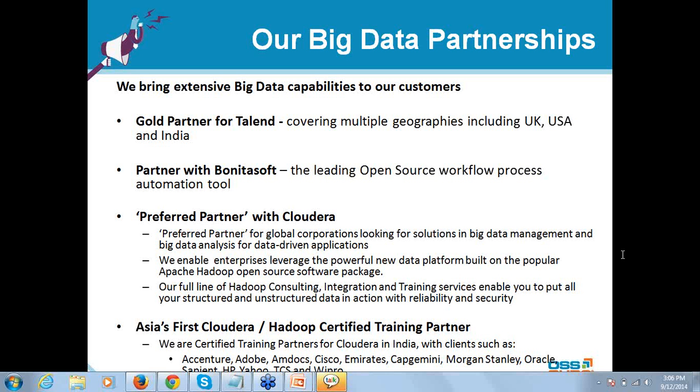We help organizations leverage the power of Apache Hadoop technology and Cloudera big data platforms to drive business value from data within and outside the organization using our full line of Cloudera and Hadoop consulting, integration, and training services. We are also the